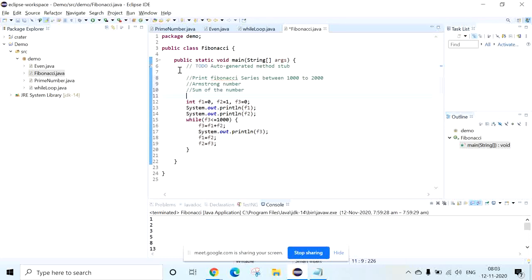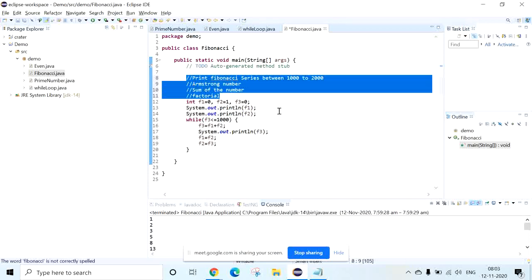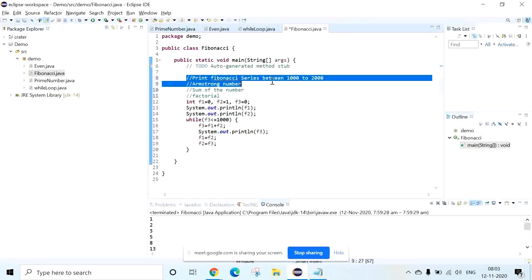Without practice, nothing will be possible. Sum of the number, Armstrong number, Fibonacci series. Write factorial also. Okay, you try these 4 programs. I think this one will take you more time to solve.